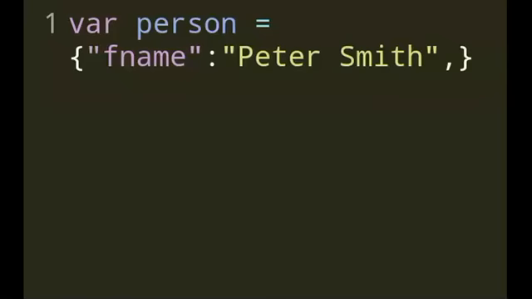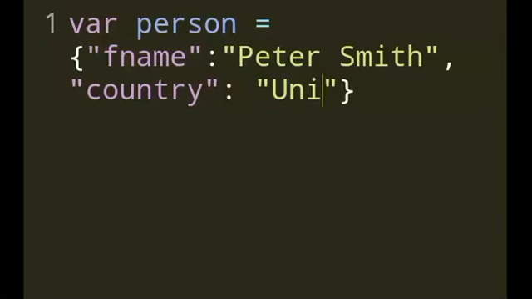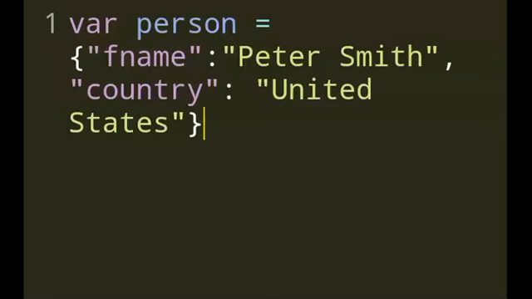Okay, what other property can it have? I'm just using one more, a property like country. So which country does he hail from? Country. Let's make it quick and short. So country, let's say United States. So this is one object, right? If he has a full name and a country name, it could go on to include as many properties as possible. I'm just considering these two properties.